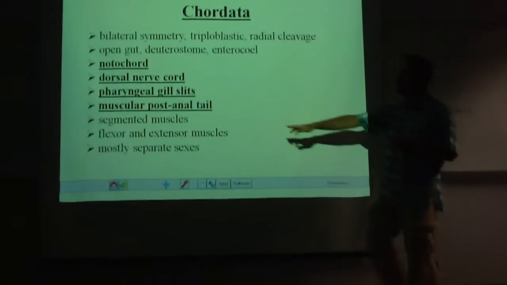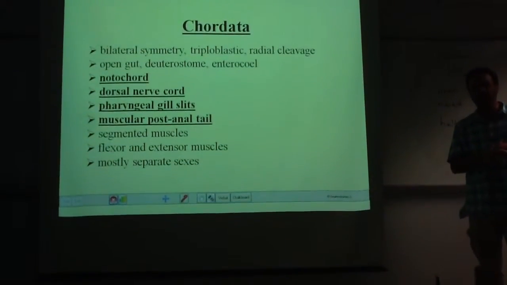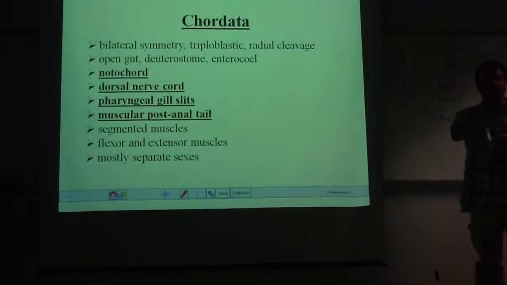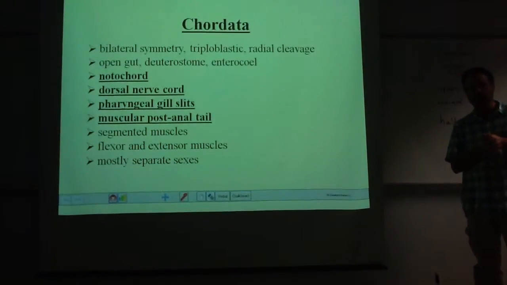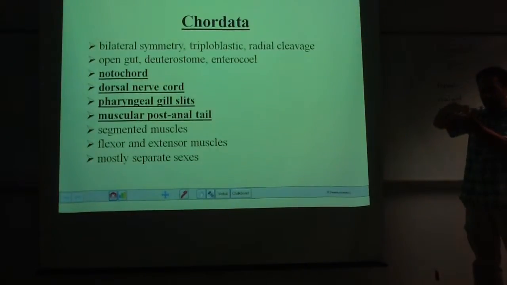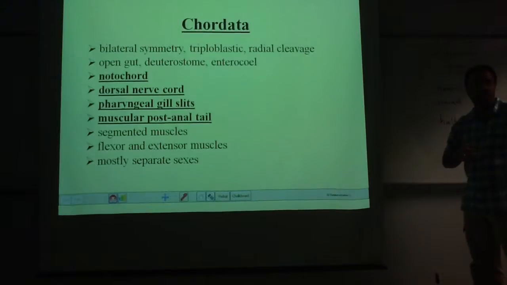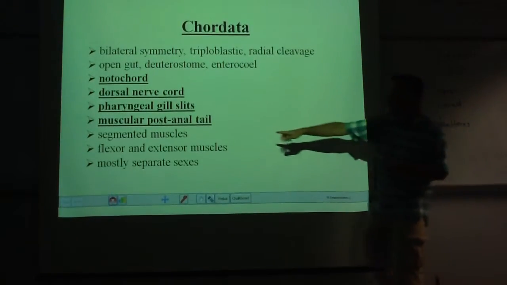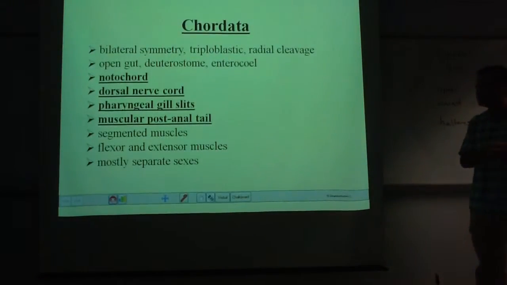You'll notice that they have segmented muscles. Segmentation evolved multiple times, right? We had segmentation in annelids, we had segmentation in arthropods. That was part of the reason people thought they went together. You're segmented. How are you segmented? Is there a part of your body that appears in series or segments like this? Your vertebral column. Your ribs, right? You're segmented. It's one of the characteristics of chordates. Chordates have segmented muscles.